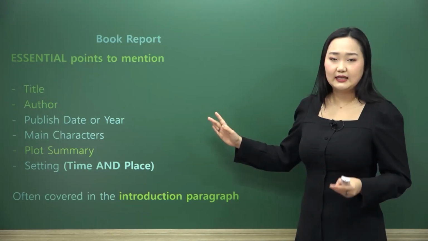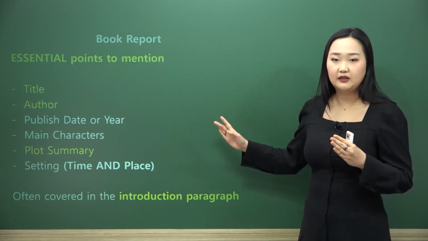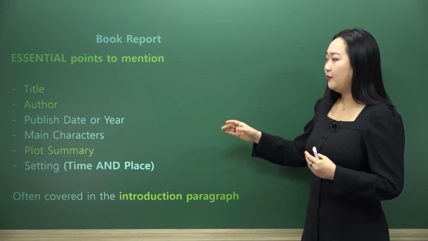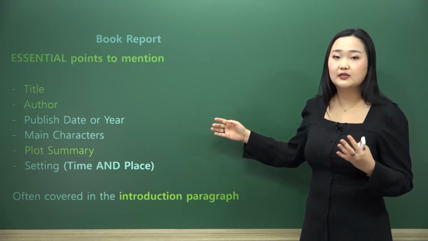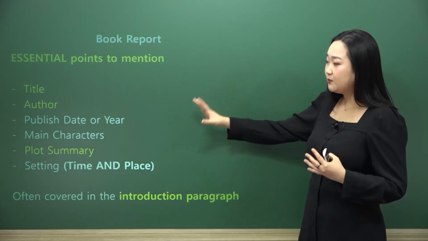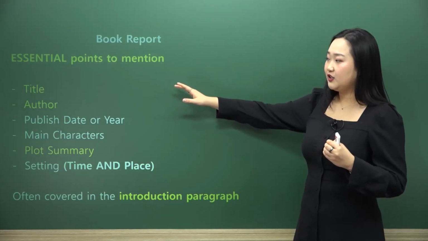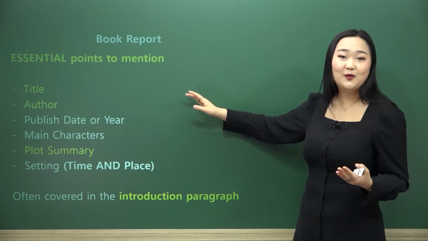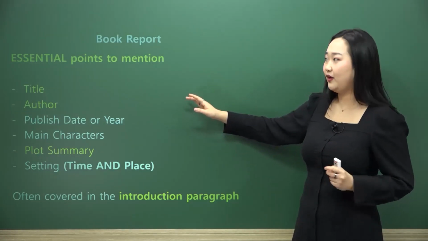Here, this is more of a technicality rather than something you absolutely need to do in regards to content. When I say content, I'm talking about the book's content, so say, for instance, the characters, the plots. It's more important that we talk about just the technicalities of it. So we need the title of the book. If we don't know what book you're talking about, then there's no point in writing a book report.